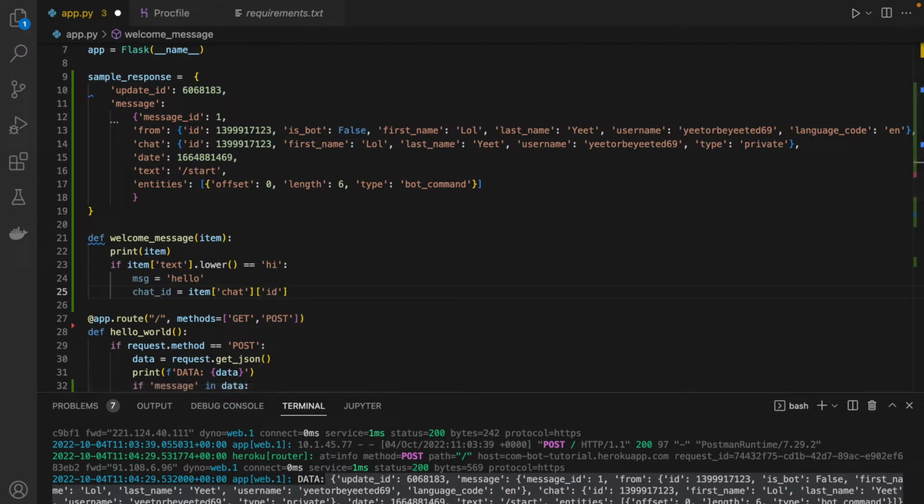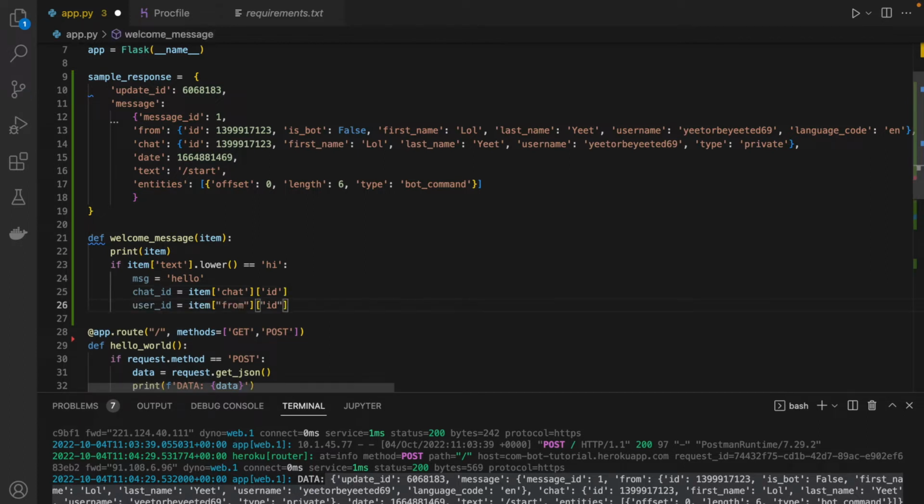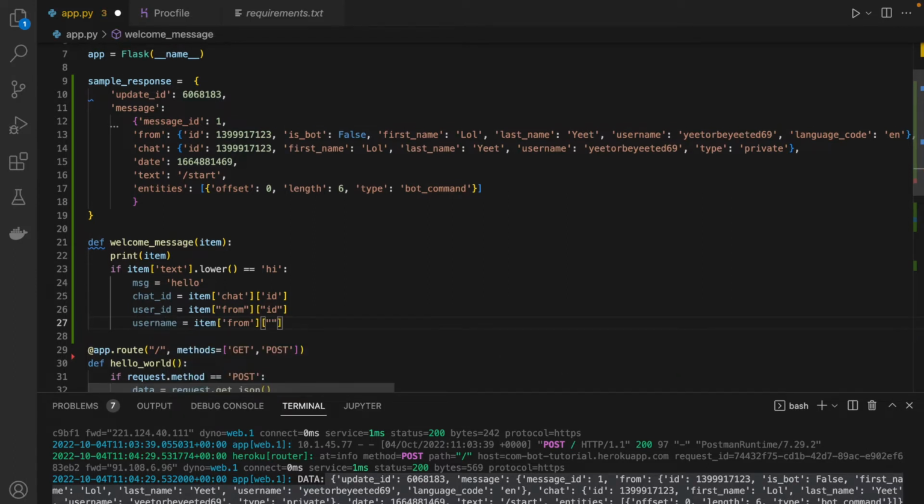And for user ID, it's also the same. So we can do paste. And then for username equals username,